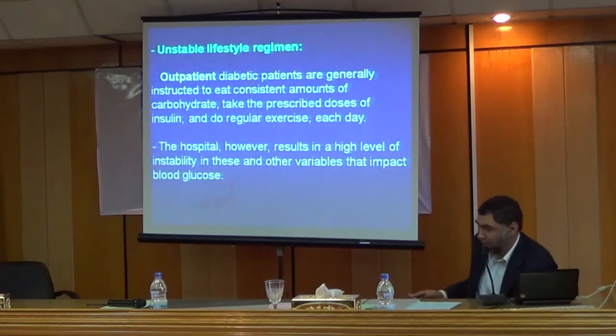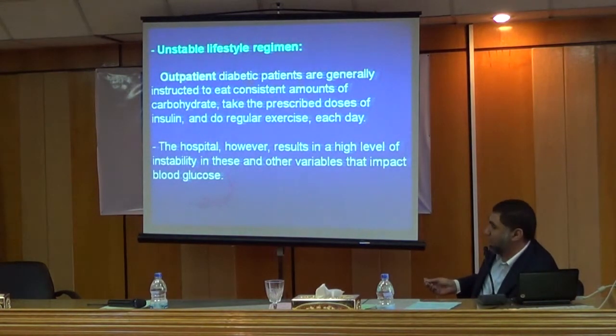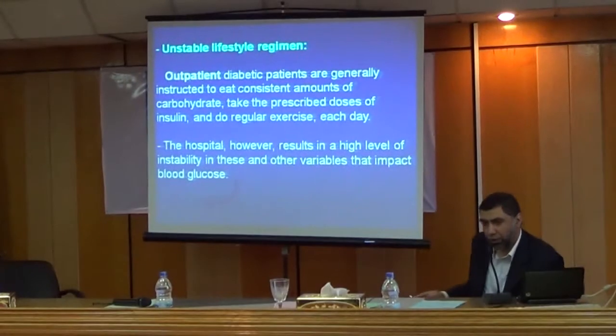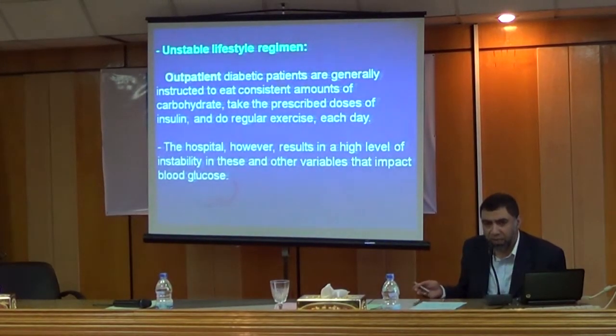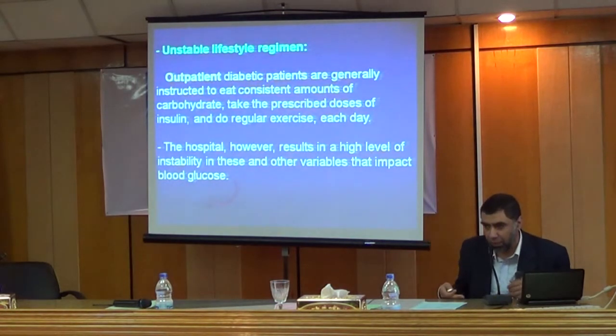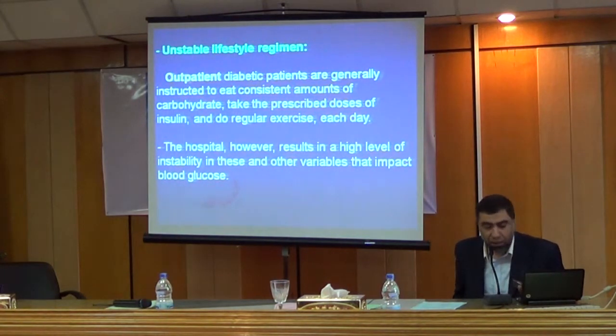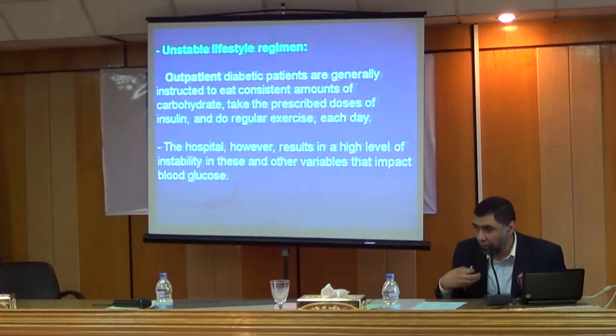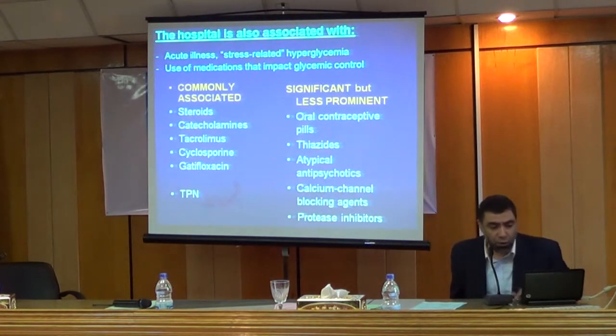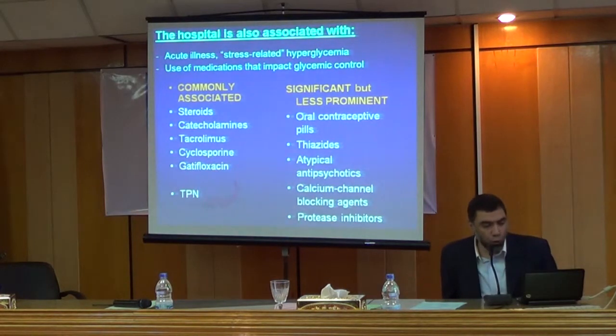One of the other problems in hospital is the unstable lifestyle regime. In ordinary life, the patient's life is almost stable. We know how much he is taking meals, how much exercise he is doing, how much effort, so you can give him a fixed dose of anti-diabetic medication. But in the hospital, the basal metabolic rate may change, his intake may change, his sleep may change, all his life is directed. The hospital is also associated with acute illness, stress-related hyperglycemia, and use of medications that impact